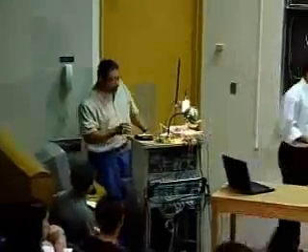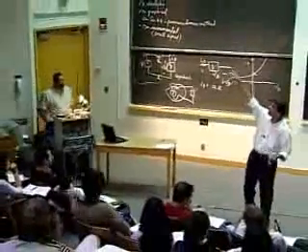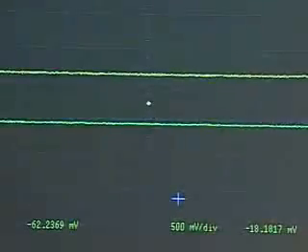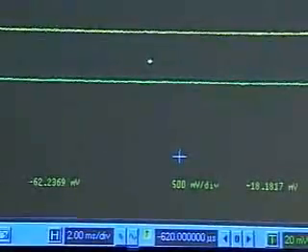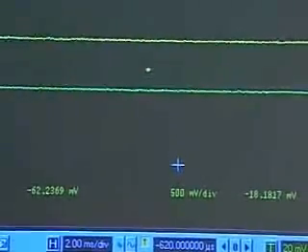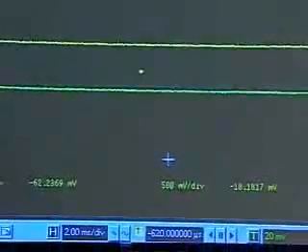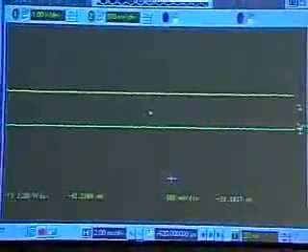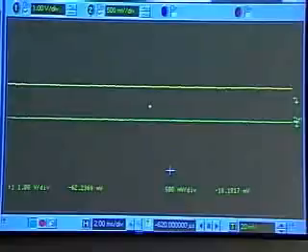Before we do that, you'll see two curves up there. The yellow, I believe, is the input. And the green, I believe, is a signal proportional to the other way. Oh, I see. So green is the input. So green, the lower one, is the input, and the upper one is the distorted output. So we're going to play some music through it, and you can listen through a little CD player.